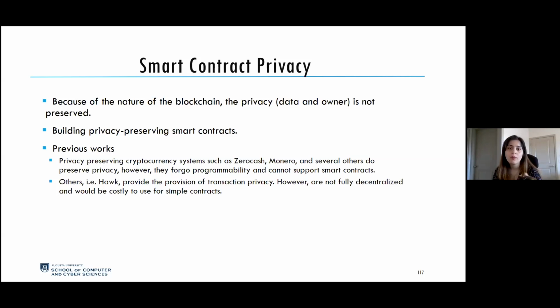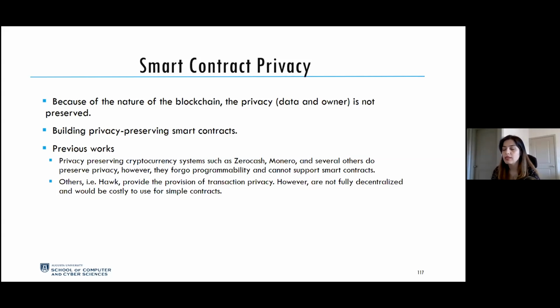Since all the data are public, all the transactions, the owners of the currencies, who receives the amount of money, everything is public, and this is not a good sign especially for private companies which want to preserve the privacy of their customers, like insurance and healthcare. And here is where smart contract privacy comes into play. The current smart contracts in Ethereum generally do not have it, even though Ethereum is working on it. There have been different solutions to preserve privacy, but mostly the privacy they try to preserve is for the cryptocurrency,